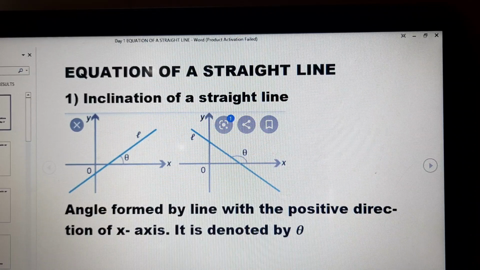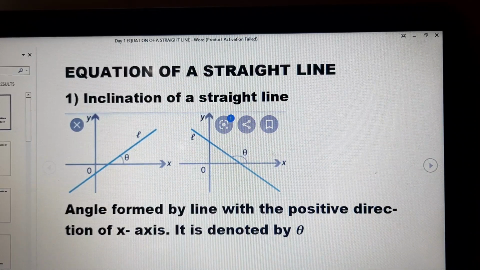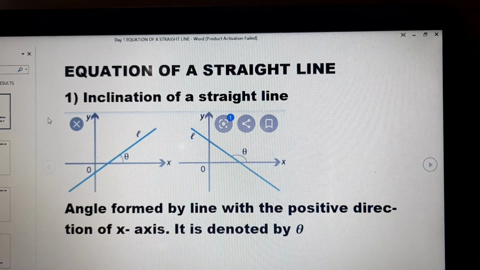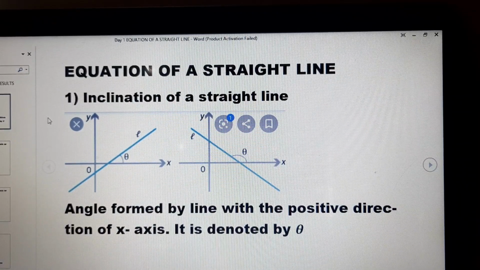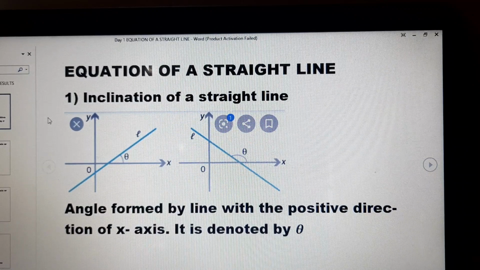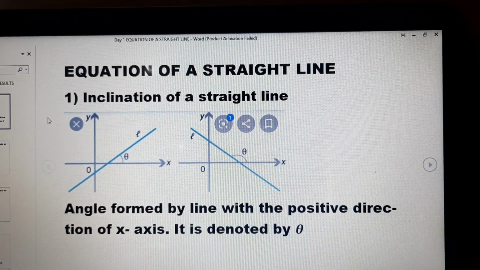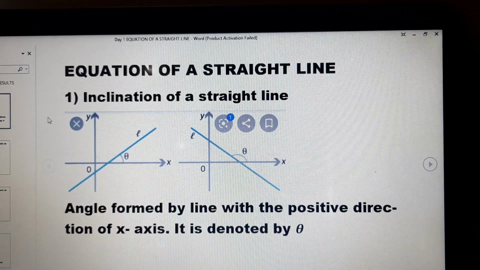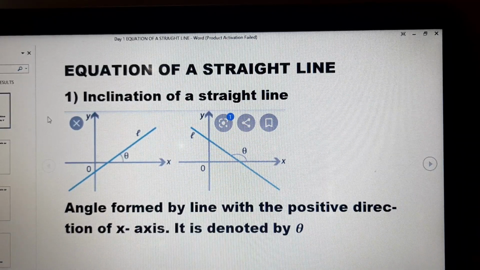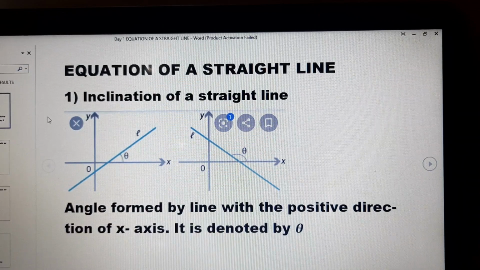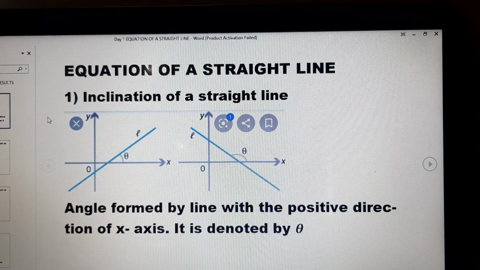Good morning, children. Today we are going to do a new chapter, equation of a straight line. If you remember, in your previous classes, you have done, suppose I take a linear equation, x plus y is equal to 7. And if you draw a graph of this equation, x plus y is equal to 7, then it will come a straight line.